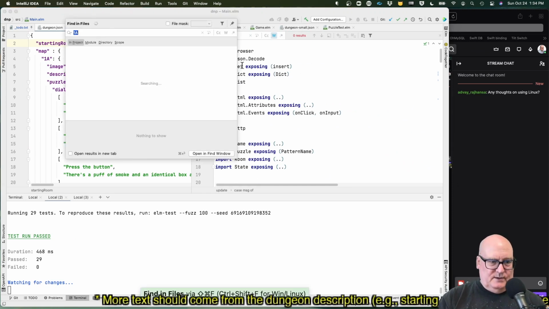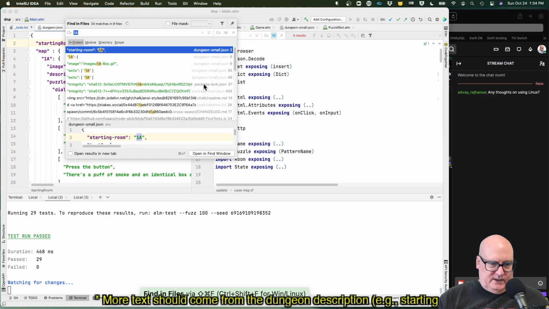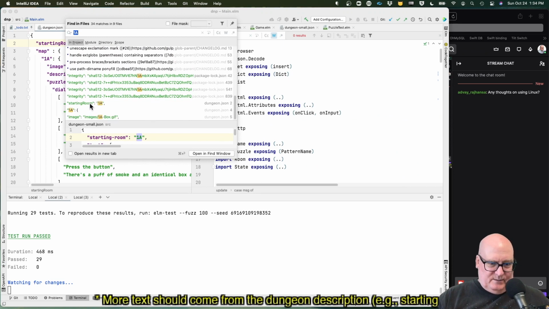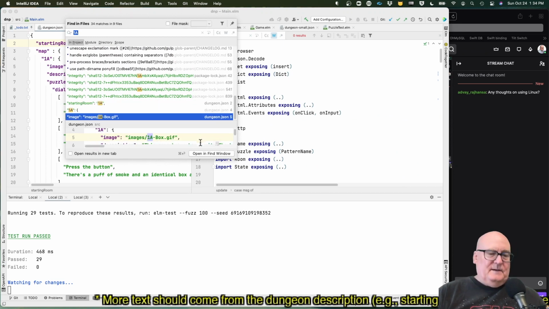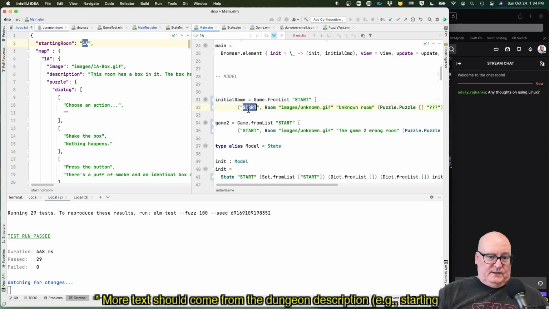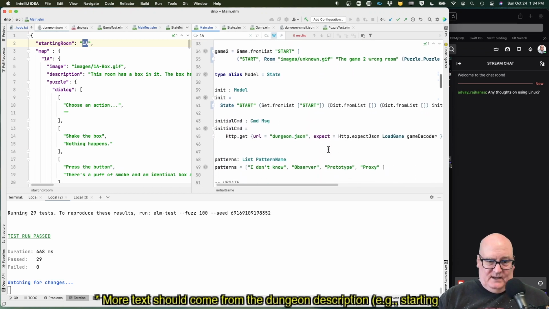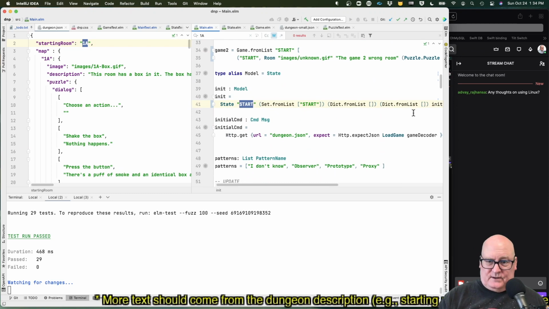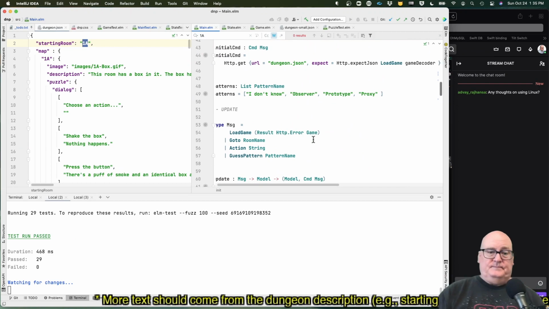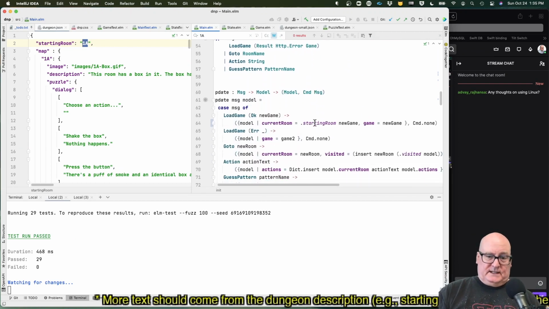Let's do a global search for 1A. Okay, it's in the dungeon. That's fine. It's in a bunch of binaries. I couldn't care less. Starting room 1A, dungeon. Okay, so nothing in our code knows the starting room anymore. We just give it a default start, and I think we can improve the way we're doing this. Like I got 3 rooms that look like starting room things or something. You know, we can work that out, but nobody sets the starting room except for this place or uses it.